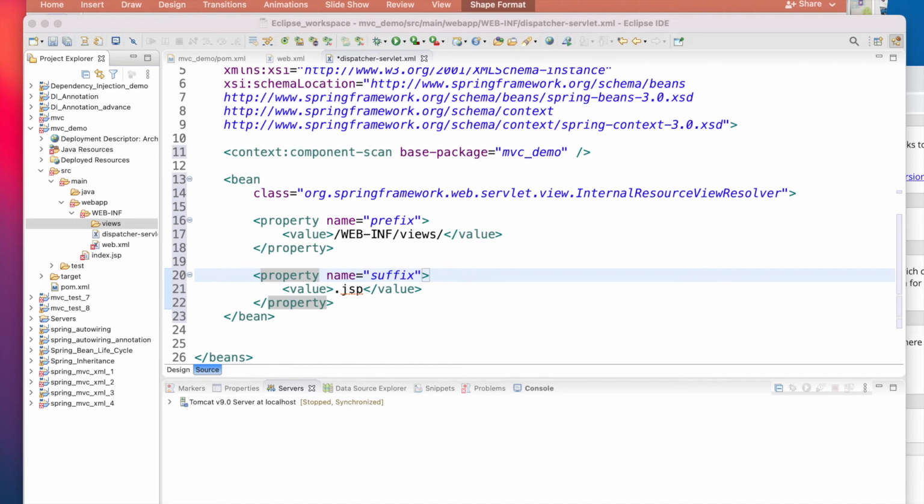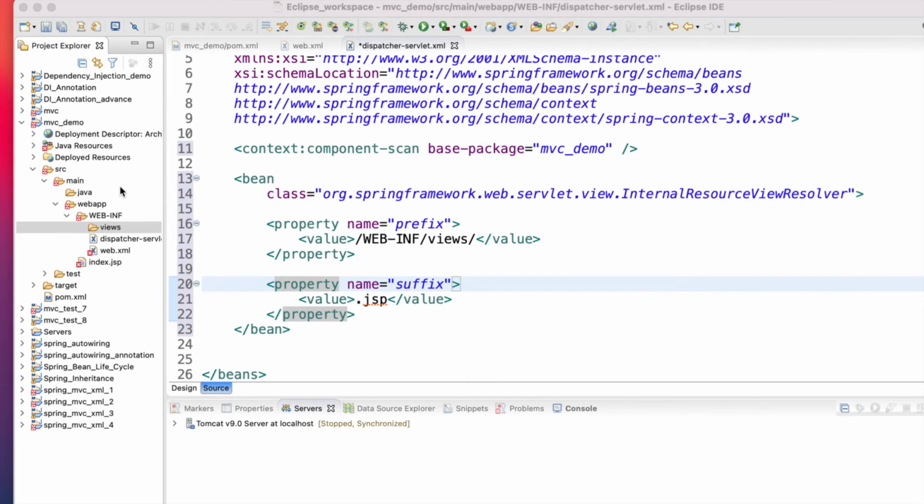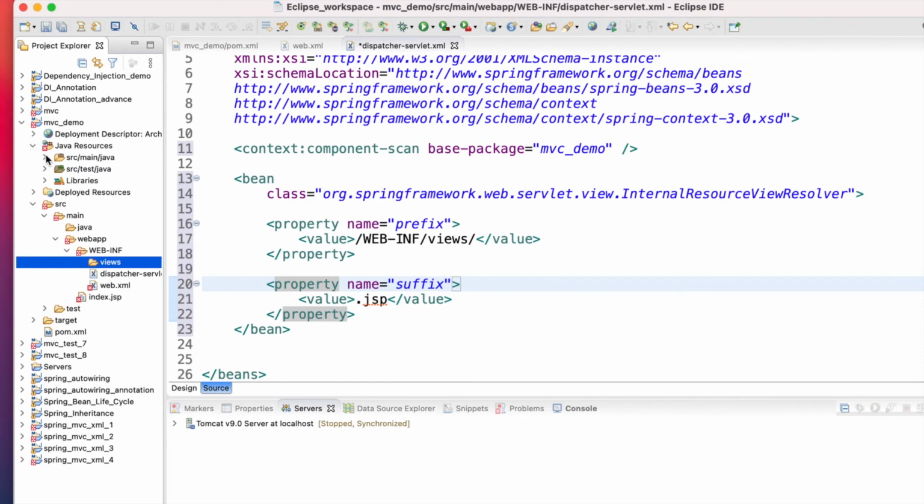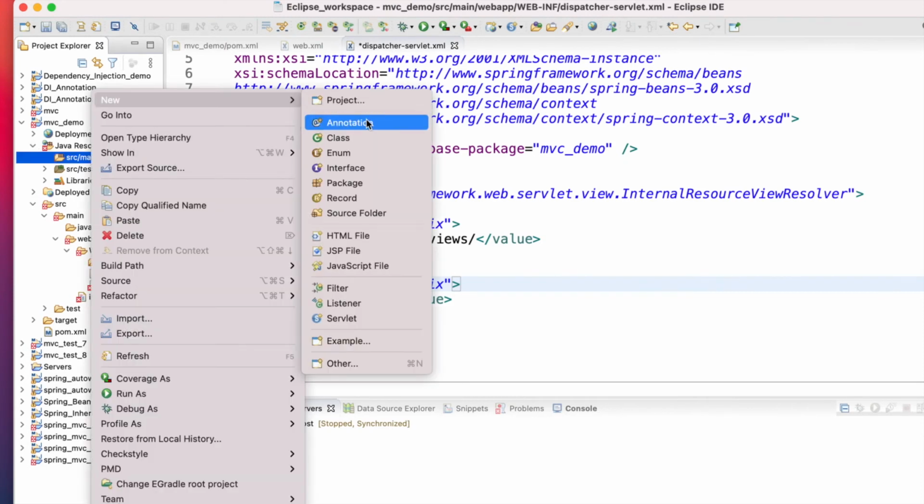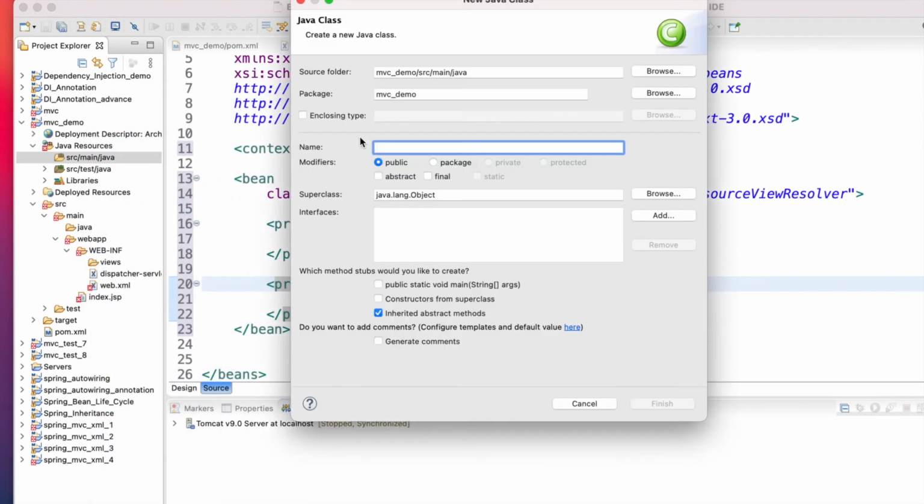Now we have to make the one controller. How to make the controller? Come here, and if you see the Java resources here, right click and create one Java class. You see they automatically take the name of the package, mvc.demo, and give it DemoController, any name you can give.